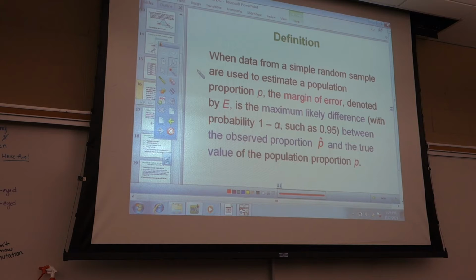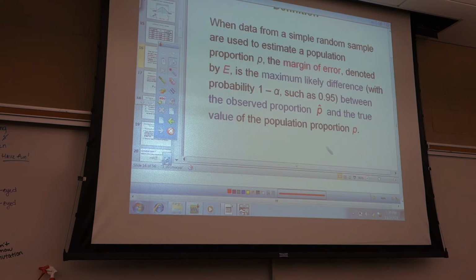Ryan, go ahead and read for me. When data from a simple random sample are used to estimate a population proportion, P, the margin of error, denoted by E, is the maximum likely difference with probability of 1 minus alpha, such as 0.95, between the observed proportion P hat and the true value of the population proportion P. Right. So that's a fancy way of saying,